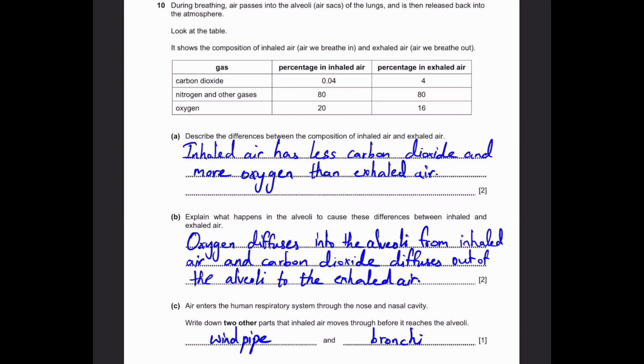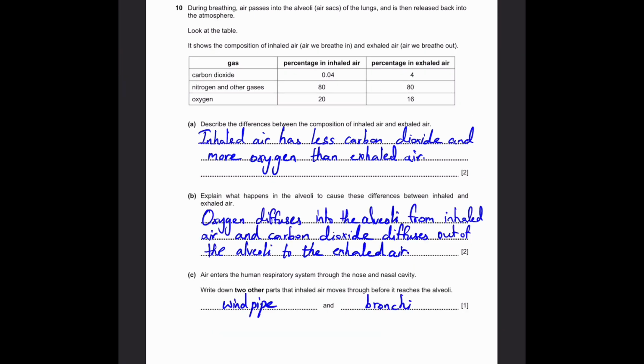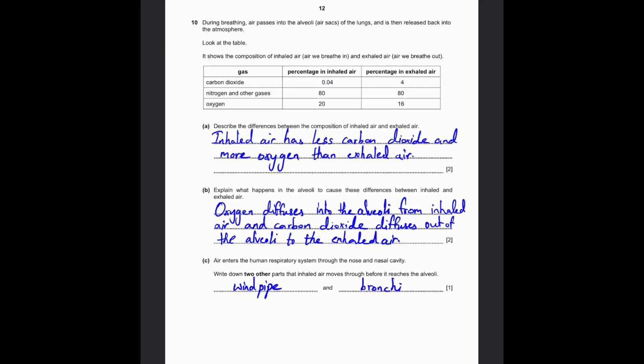C. The air enters the human respiratory system through the nose and nasal cavity. Write down two other parts that inhaled air moves through before it reaches the alveoli. So first it goes through the nose and nasal cavity, and then it goes to the windpipe, or you can call it the trachea. That's another scientific name for that. And then after it goes to the windpipe, it goes to the bronchi, which are the two main stems of